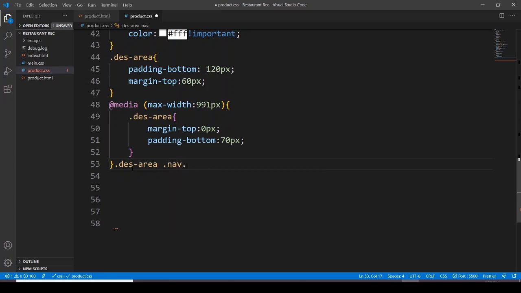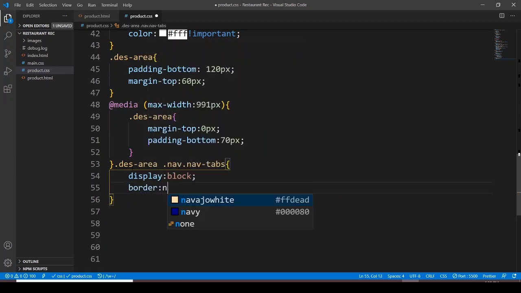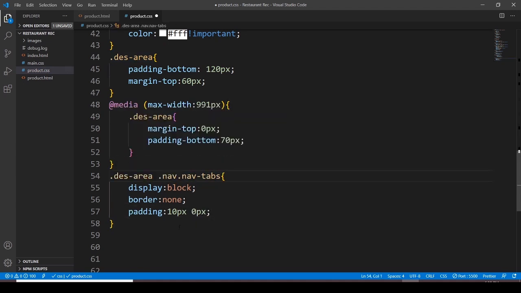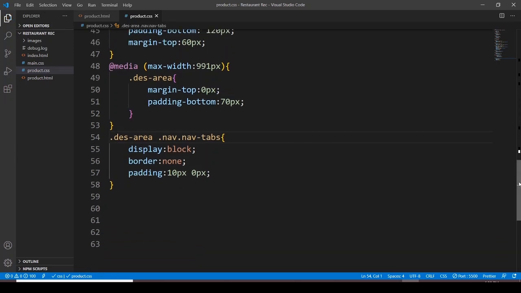nav tabs, where display is going to be block, and border is going to be none. Then I want to go with the padding, and the padding is going to be 10 pixel and 0 pixel. Let me bring it here, save it, and